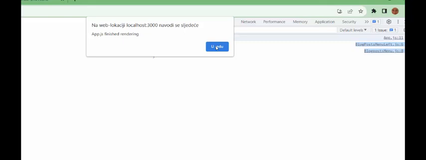Why empty? Because when app finished rendering alert, we have re-rendered, and it means app re-rendered,